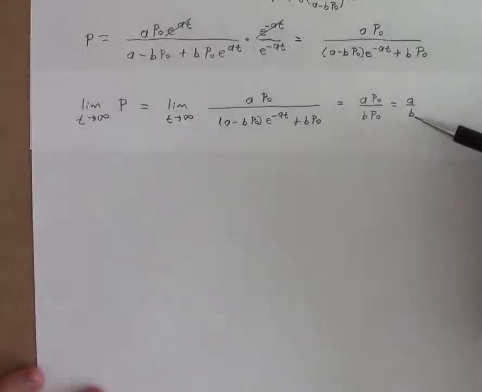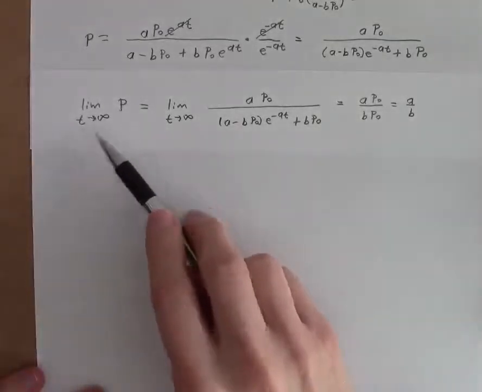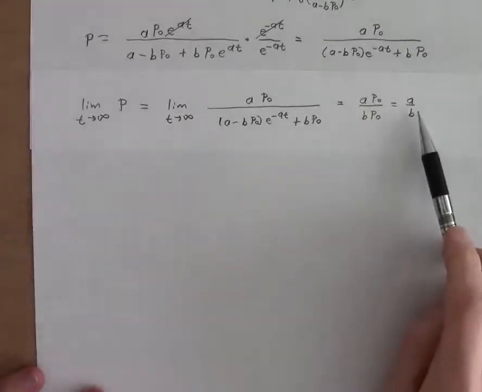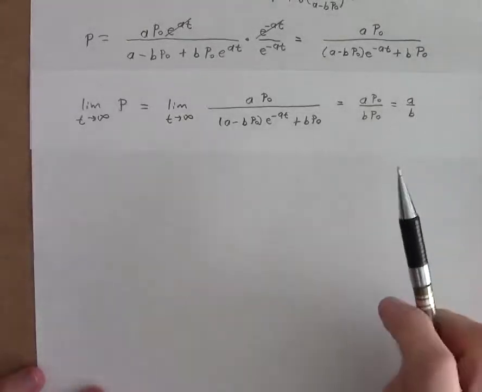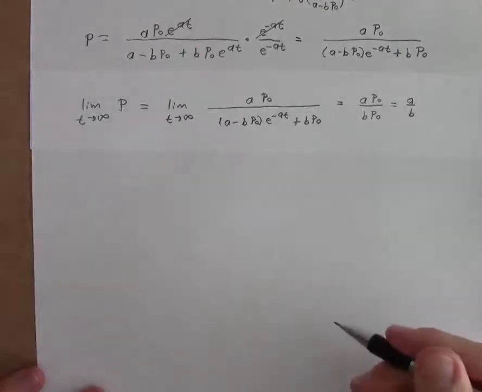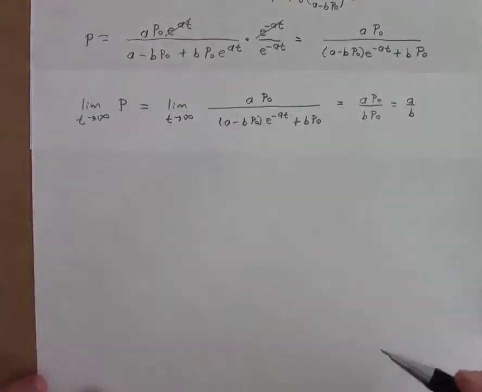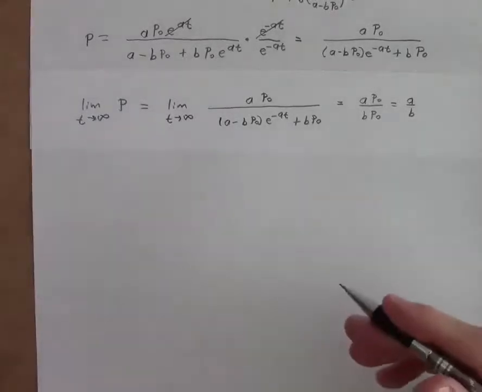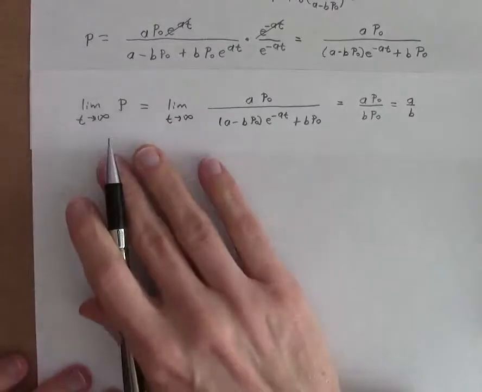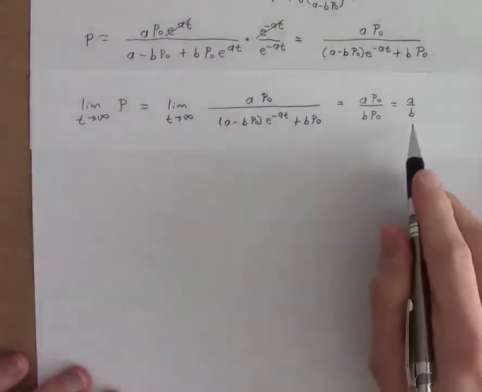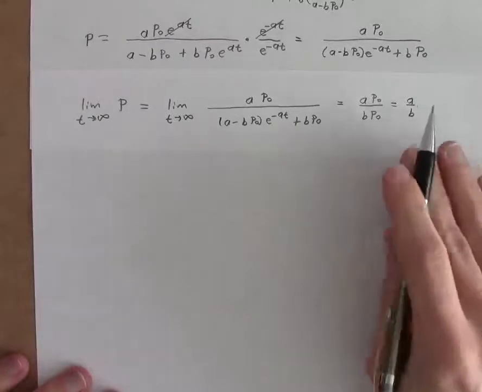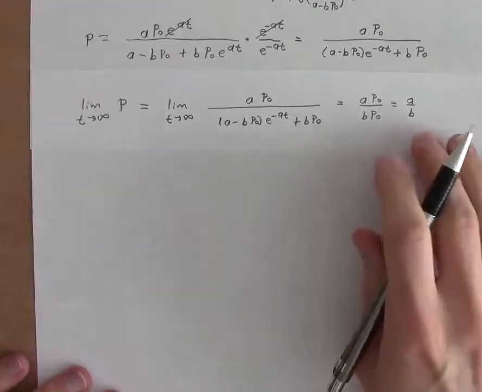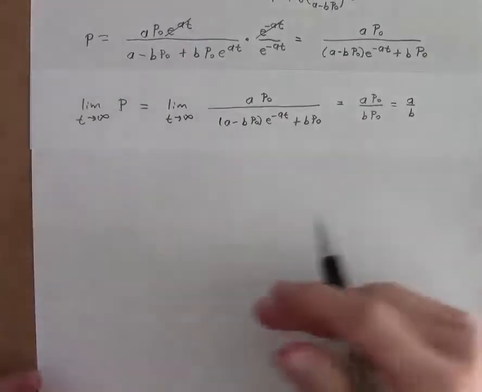Now the important part for us here is that this limit is a constant. So a is a constant and b is a constant. And so in the long term, the population approaches this particular constant value. So this is different from exponential growth. In exponential growth, the population just keeps on climbing at an ever faster rate. But here with the logistic model, there's an upper limit to the population. And so in some of the problems, this is known as the carrying capacity,